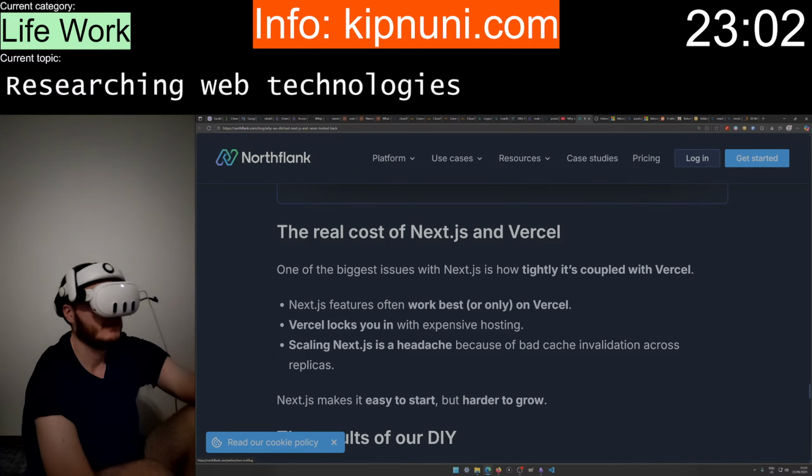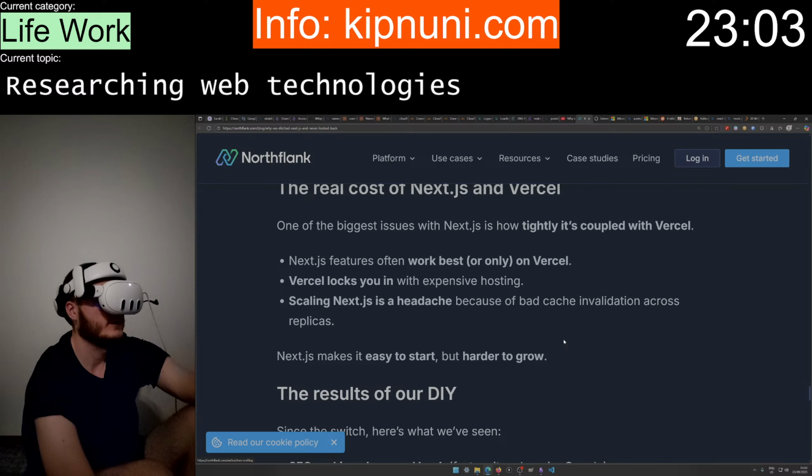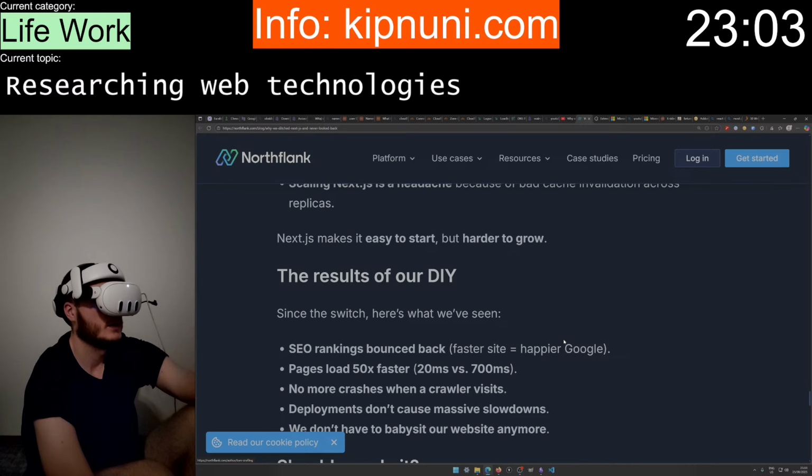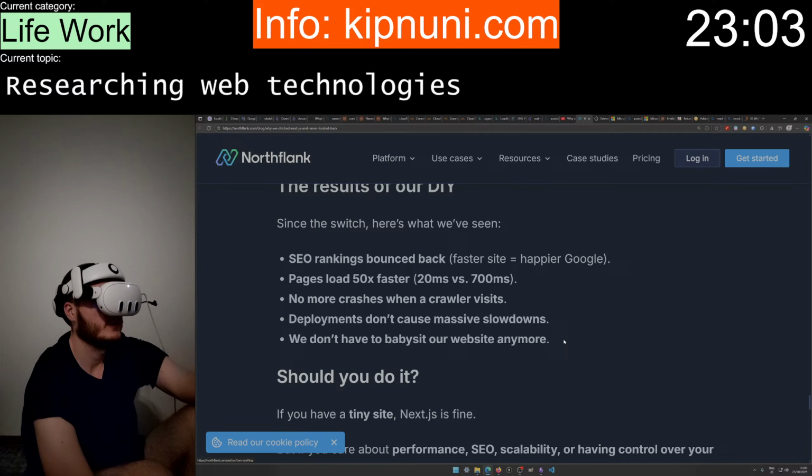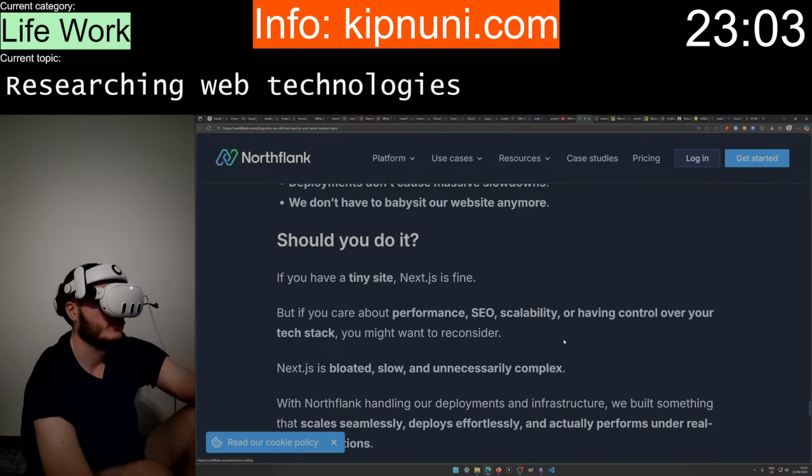Next.js is tightly coupled with Vercel, features often work best or only on Vercel. Expensive hosting. Since the switch. Should you do it?